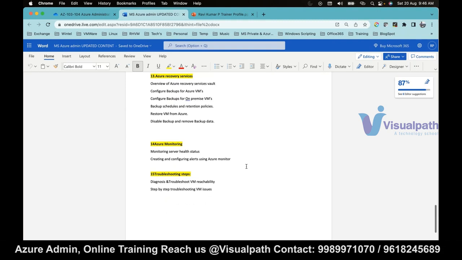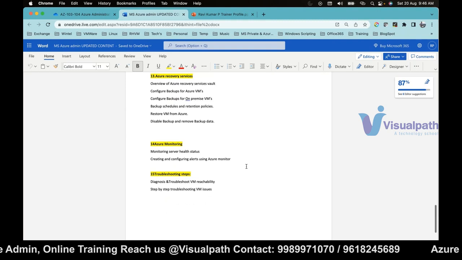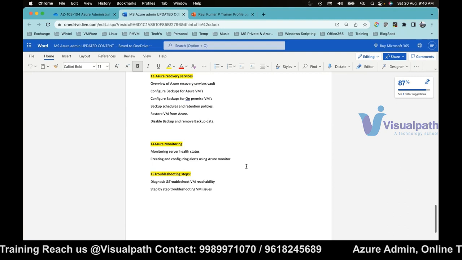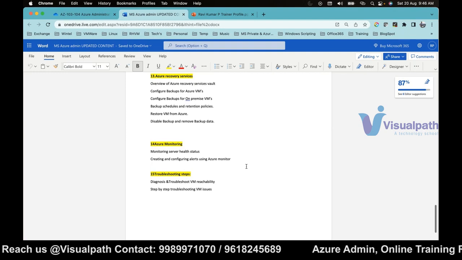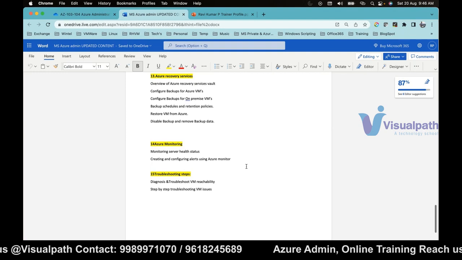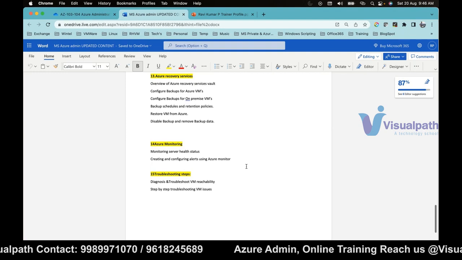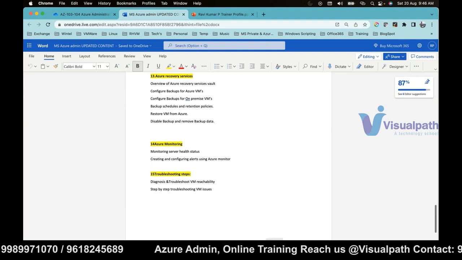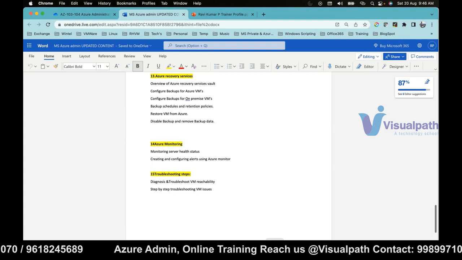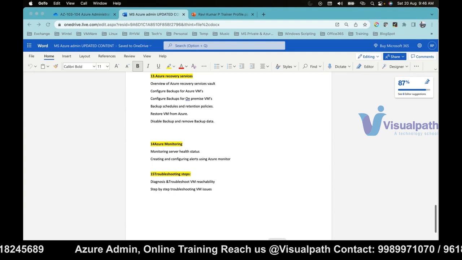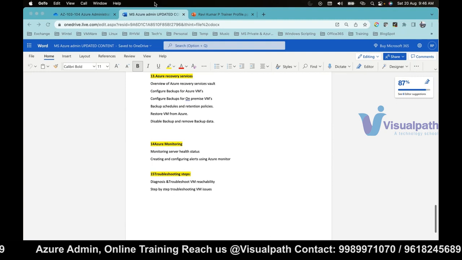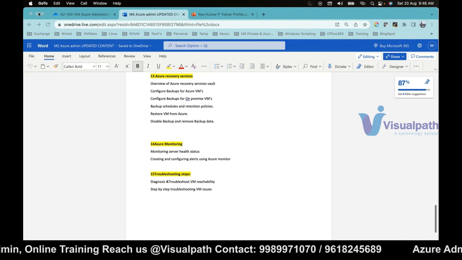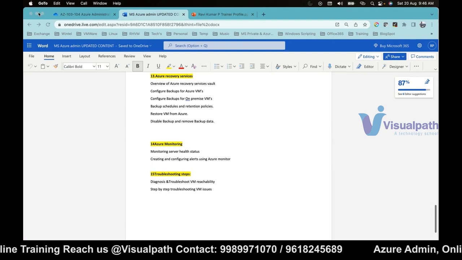And if there is anything you need to add as part of Azure administration, you can let me know, we can add it. Okay. So if I'm going fast, or if you need any relevant examples, you can stop me and ask me anytime. Any questions, any doubts on the course content? If you have any questions, you can drop them in the message box. Okay. So now,